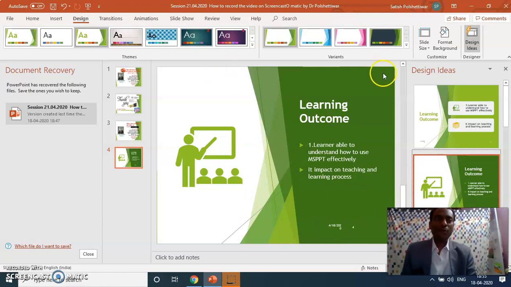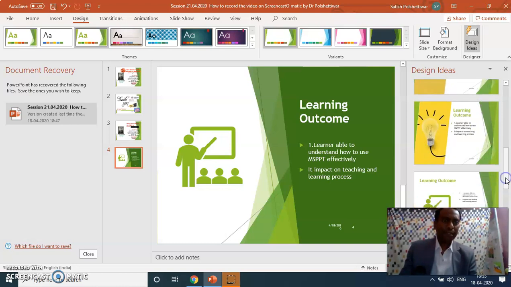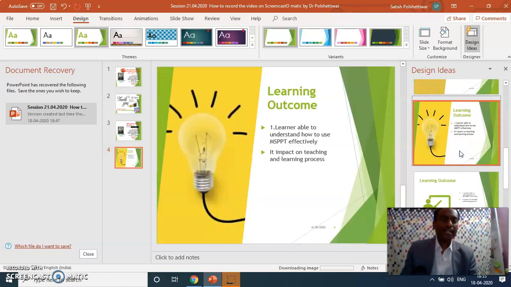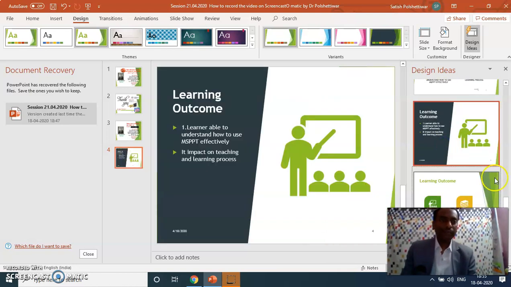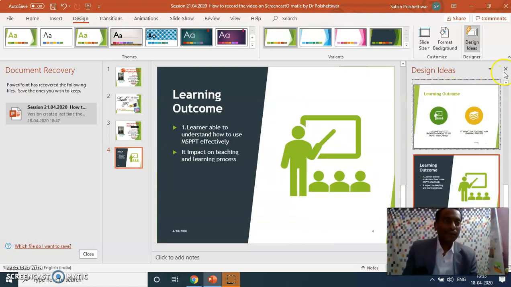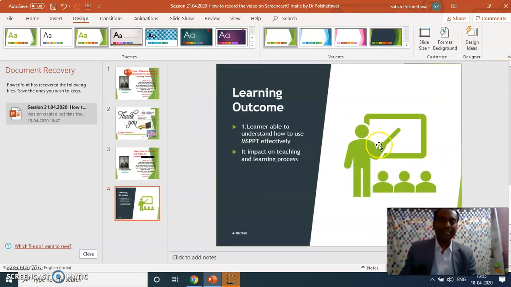Now it has been designed properly. You can select these slides. You close this. There are n number of options available, you just scroll down over here. Learning outcome, you can see it has some outcome because see, light is there. So like this you can take anything, depending on your needs. Now I have selected this slide because it is suitable for my topic, learning outcomes. Whenever you're studying any topic, it has some outcome. So this is the slide you can create over here.